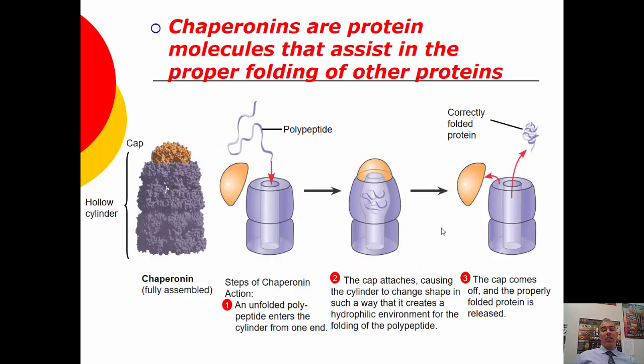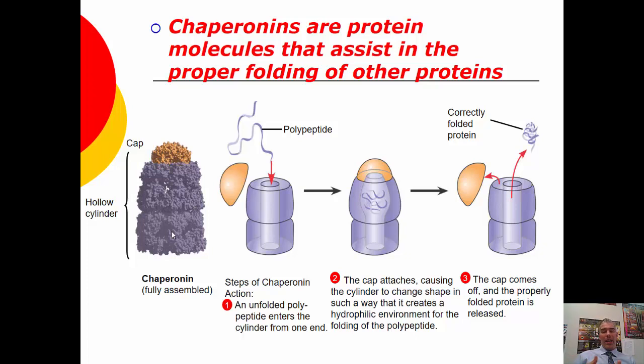There are special proteins called chaperone proteins or chaperonins that are protein folding proteins. They actually have a cap. This is what it actually looks like. The cap opens up. The polypeptide will go in there. It provides a different microenvironment than would be in the cell normally, and it helps it to fold and orient properly. So you can imagine if you have a mutation in the gene that codes for this chaperone protein, what would happen to the ability to fold proteins properly?